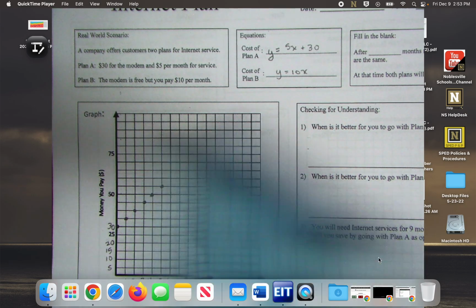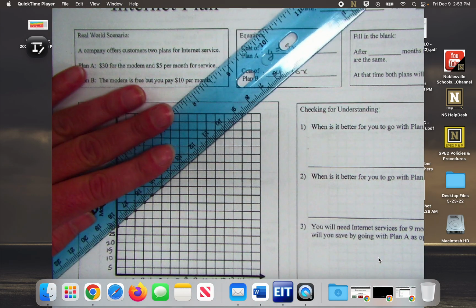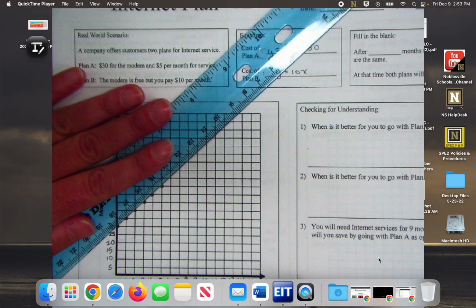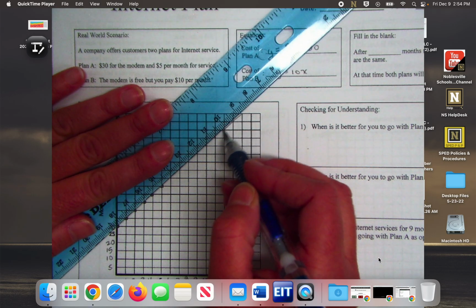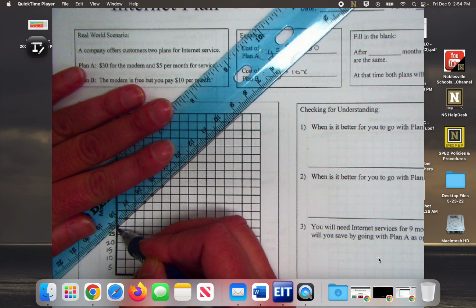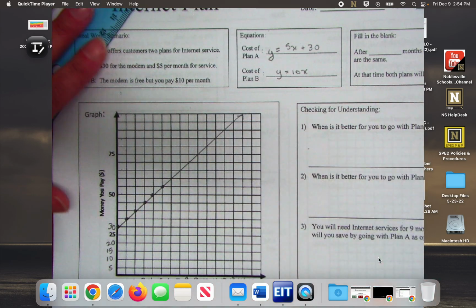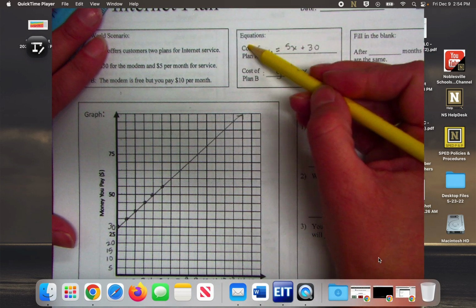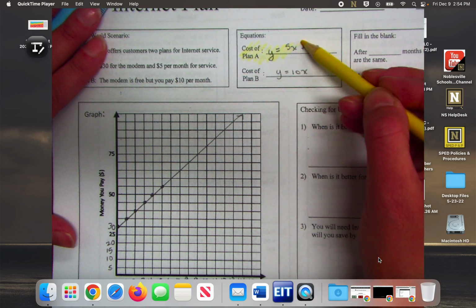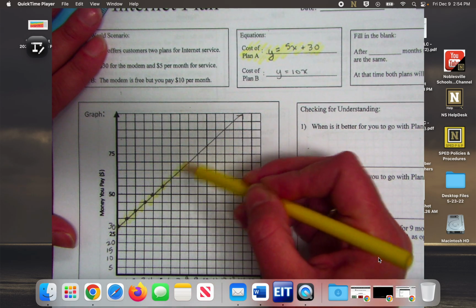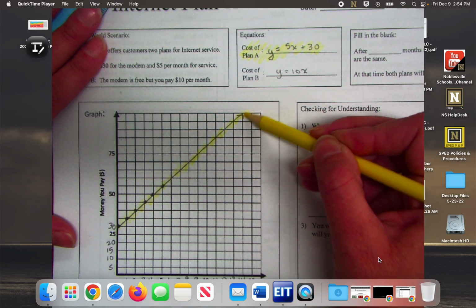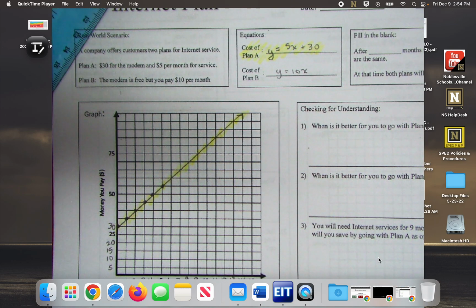And then I'm going to take my ruler. I'm going to connect all the points to make the line. And so to show which is which, I'm going to highlight the yellow plan is going to be A. Okay. And then plan B,